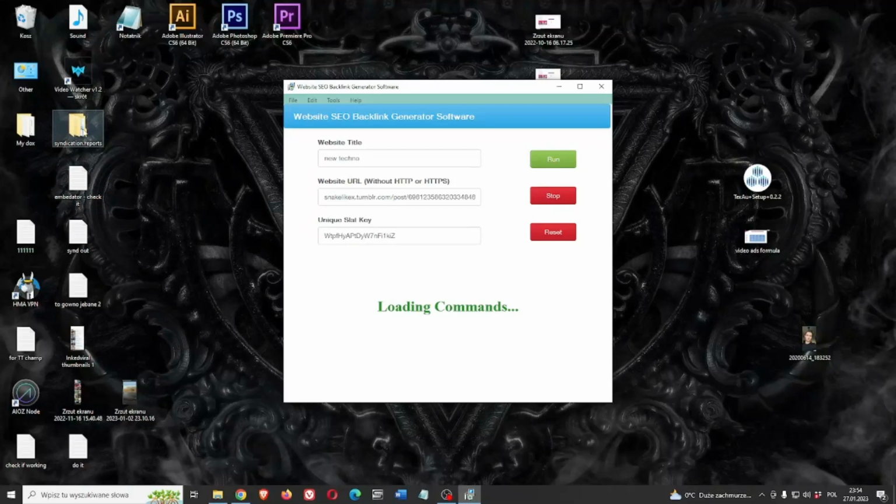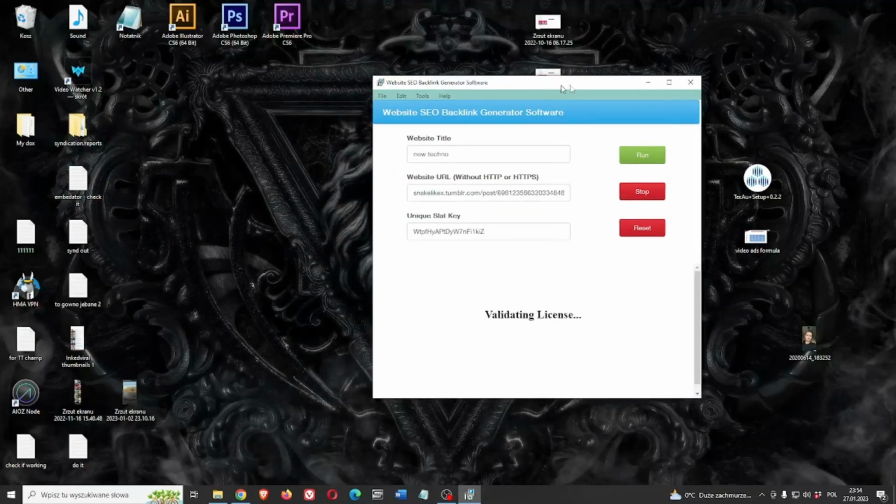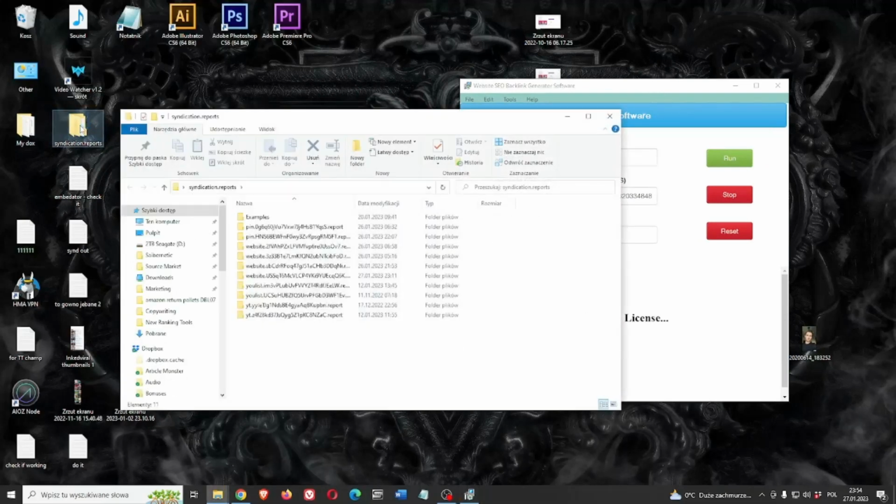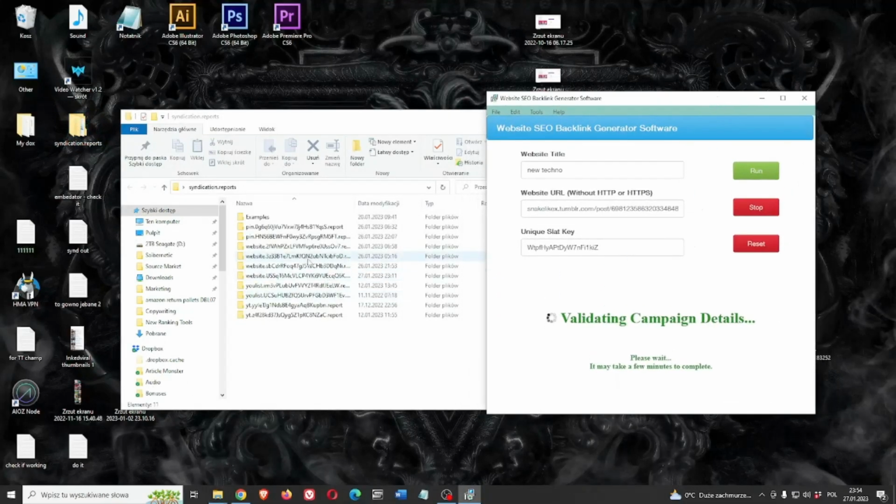And it's loading commands. If it's your first time with this line of tools, the syndication reports folder is gonna appear on your desktop, and here it's gonna be empty, of course, because I have here previous reports. A new folder will appear here in a moment when the validating of the campaign details is complete. And the folder gonna contain several folders with reports. Okay,